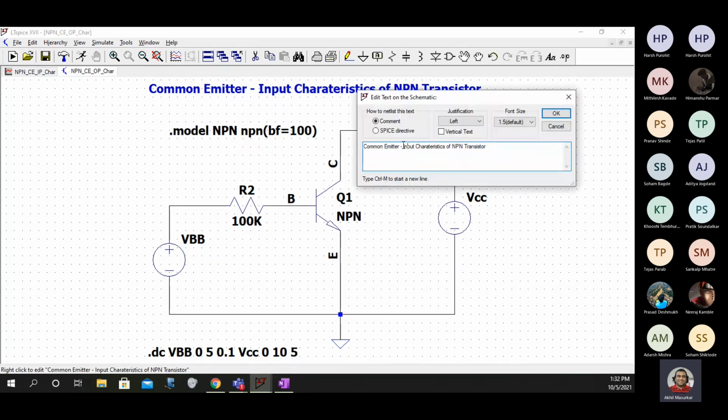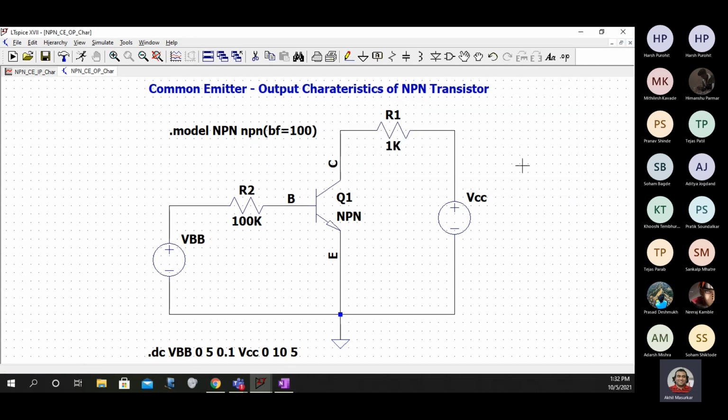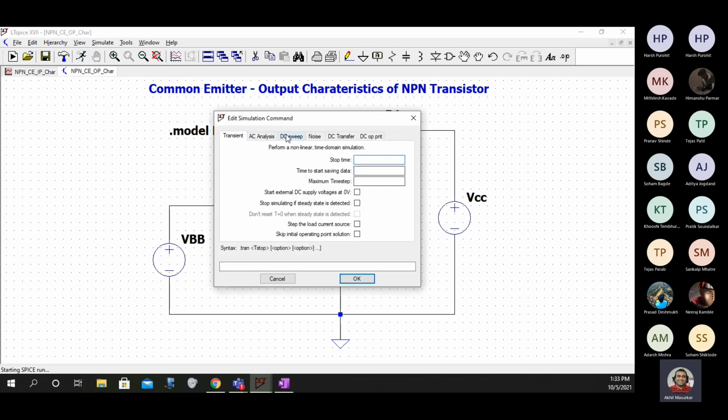Here also I'll change the circuit and write here output, of the same transistor. And now I'll delete this line, and now again I'll run this.